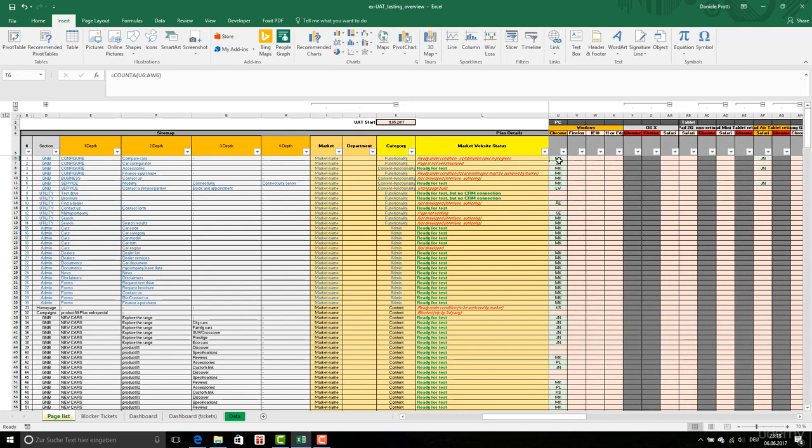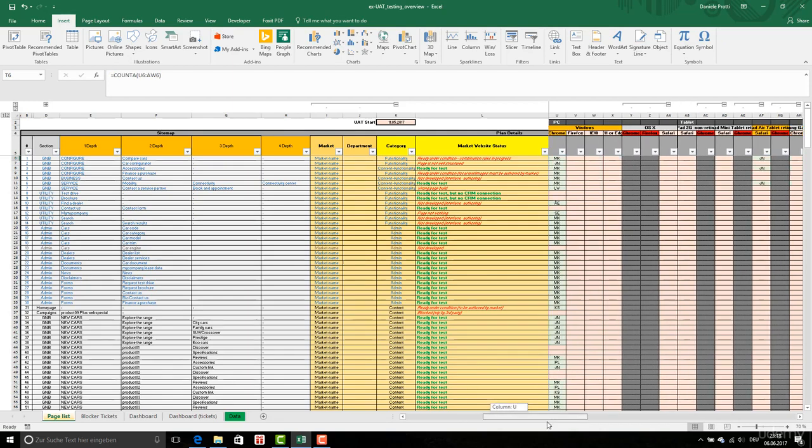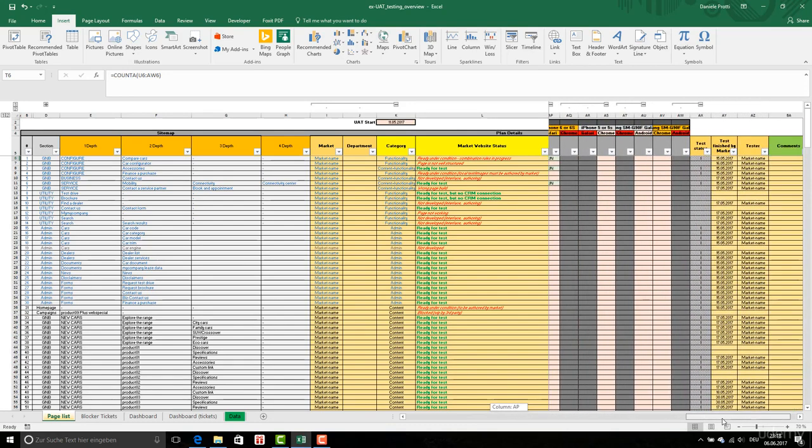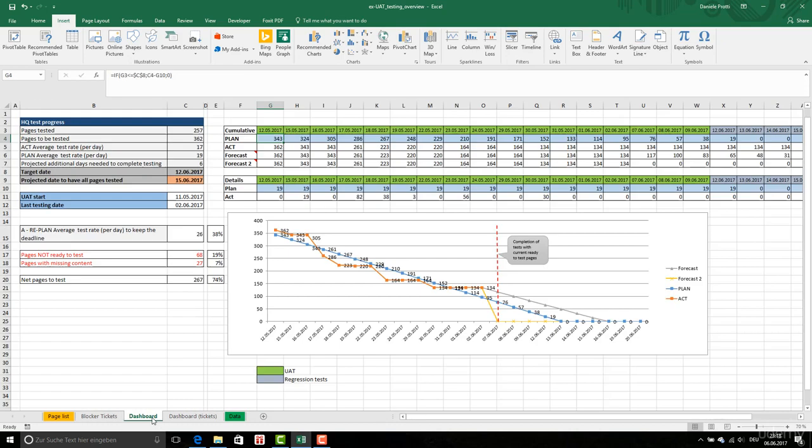Here basically the tester has to input their name or a cross when testing, for example, PC on Chrome browser. And according to all the tests for all the devices, I'm going to evaluate here a number which has been recorded. At the end, I know that if this has been tested, this will be marked as 1, meaning tested, and the date, and who's the tester. This information will go